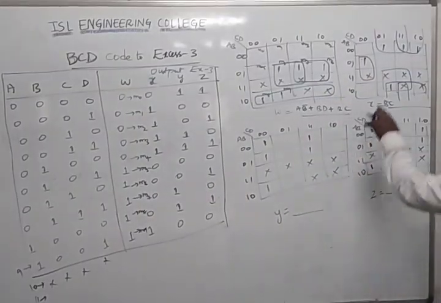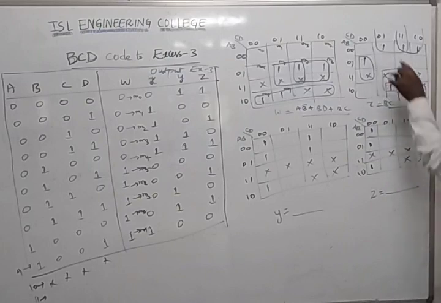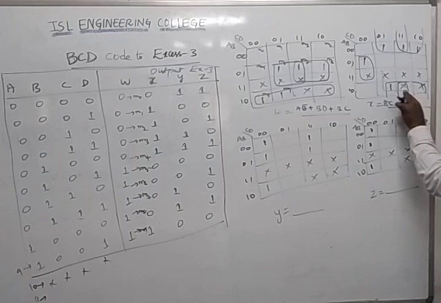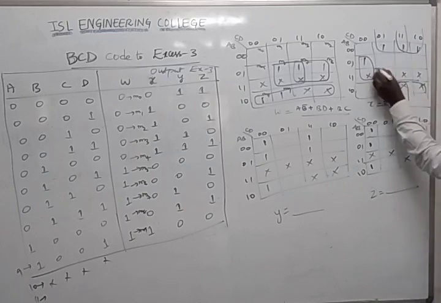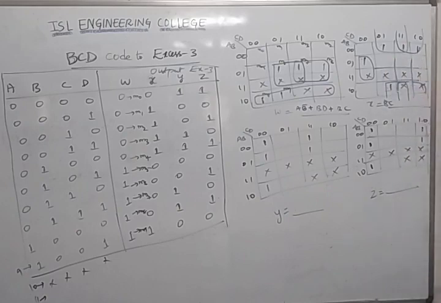So what I did, no need of making this one. Do I need to make this one? No, already it is covering in both, right? So why should I make this one? So this is not required. Why is it not required? Because this one is covering for that particular thing. So that's the reason I'm not looking into one more quad.